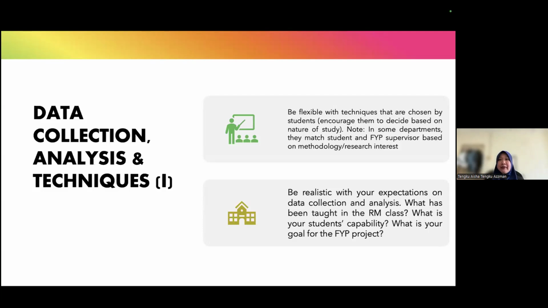So in communication, we have two separate specializations: integrated media journalism and strategic communication. We try to encourage students to do research in their chosen specialization. For example, in integrated media journalism, you can do content analysis of news reports, looking at the roles and responsibilities of reporters, or the content of television programs and things like that. Whereas for strategic communication, they can do things on CSR, public relations, or organizational context. So this is something that we try to provide them with, some sort of research interest so that they know what they want to do next.